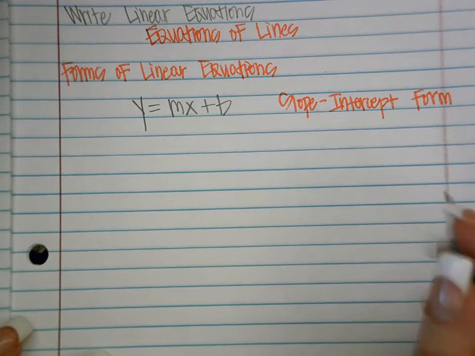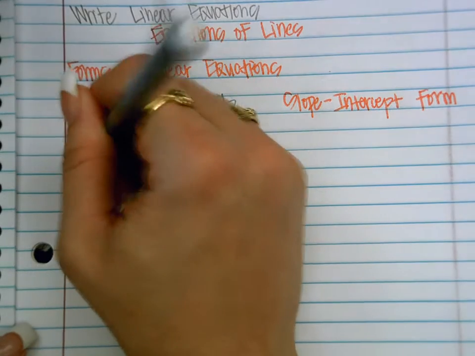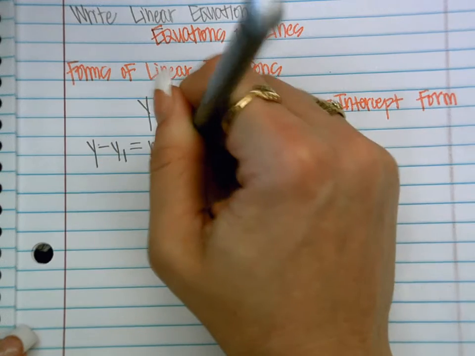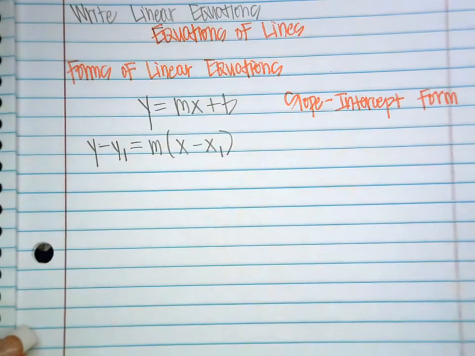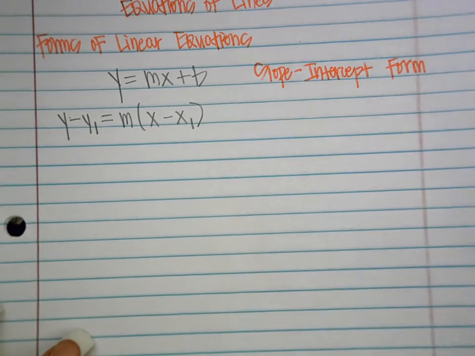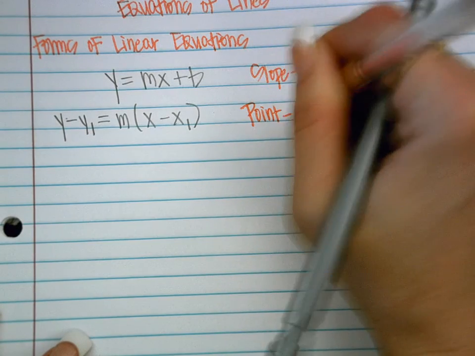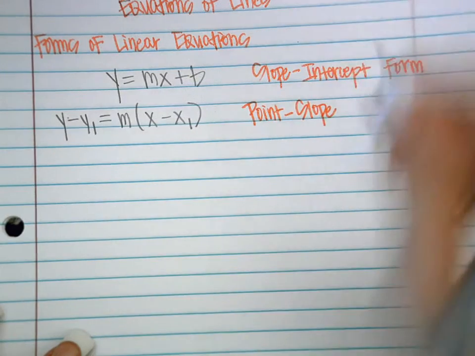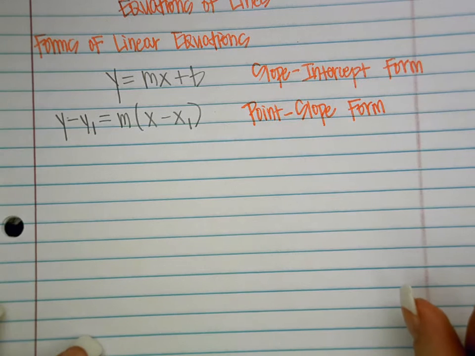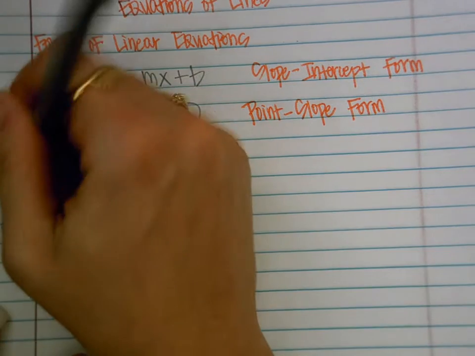What we're going to deal with today is something called, well, let me give you the equation first. The equation is going to be y minus y1 equals m times x minus x1. And this one is something called point slope form. Okay, point slope form. So, for example number 1,